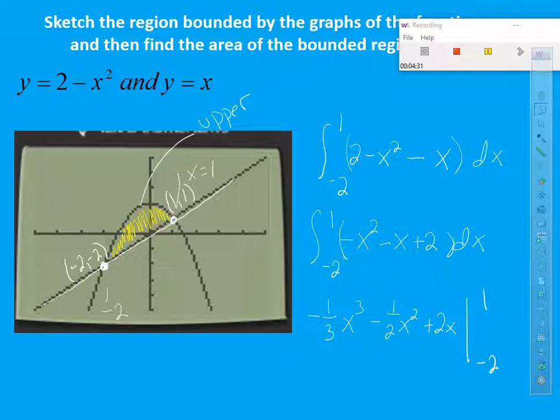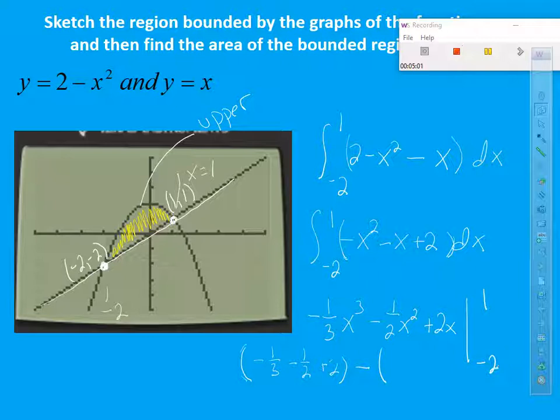Now remember, I need you to show me f of 1, and I need you to show me f of -2. So what I do is I try not to use my calculator sum. I'm going to plug in 1, and I'm going to get -1/3 minus 1/2 plus 2. That's what I get when I run 1 through there. Then it's going to be minus, and notice I put a parenthesis,